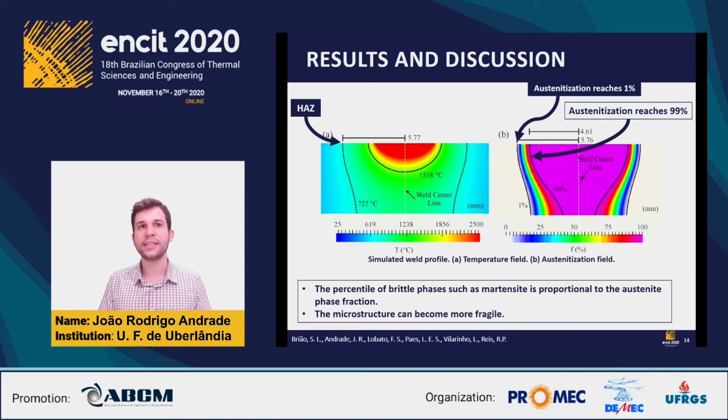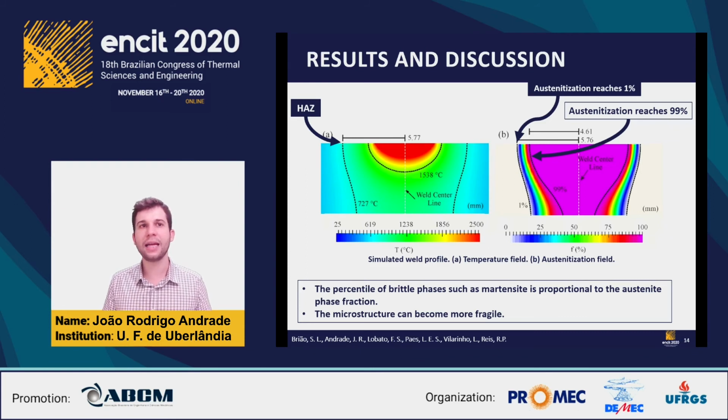For the critical temperature criterion, the HAZ starts at 5.77 millimeters from the weld center line. However, by considering F, it reaches about 1% at 5.76 millimeters and ends with a 99% at 4.61 millimeters from